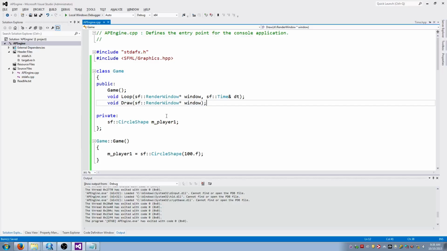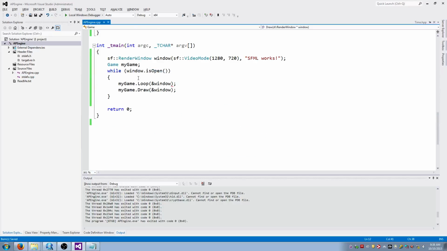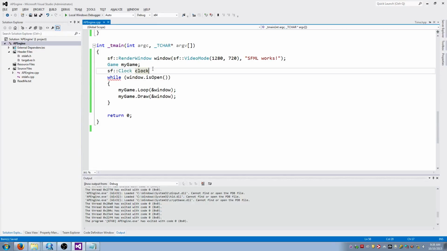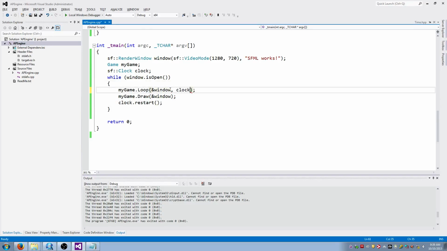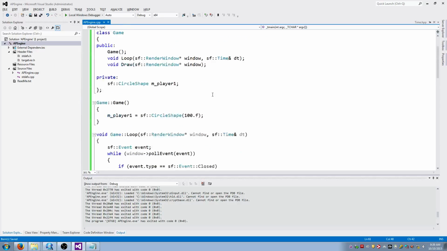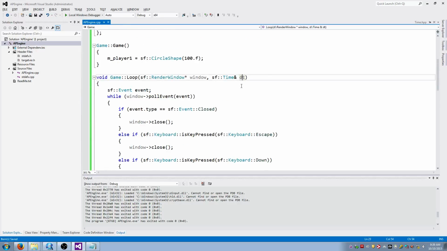Create a clock. Okay, there's my clock. Cool. Okay, the reason why I did that now is I can go here into my loop and I can